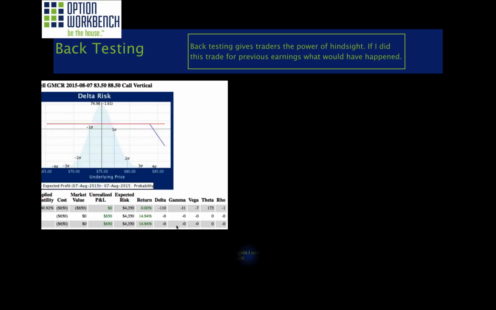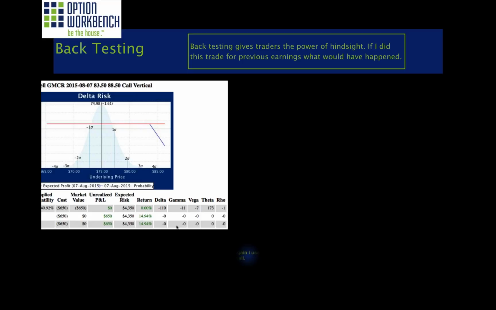So I decided to use a credit spread, and I went back to the May 8th expiration date, so it would be the May 6th earnings announcement. And I decided to use a call credit spread to take advantage of the high volatility, so I'd have negative vega and hedge against a large down move that the stock is prone to.